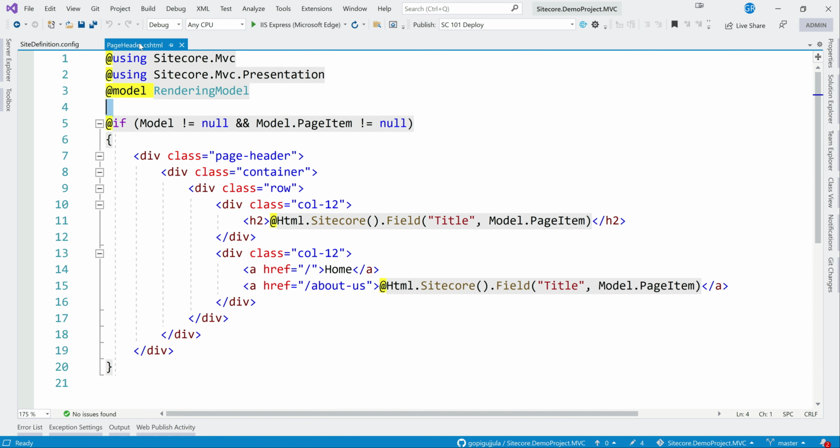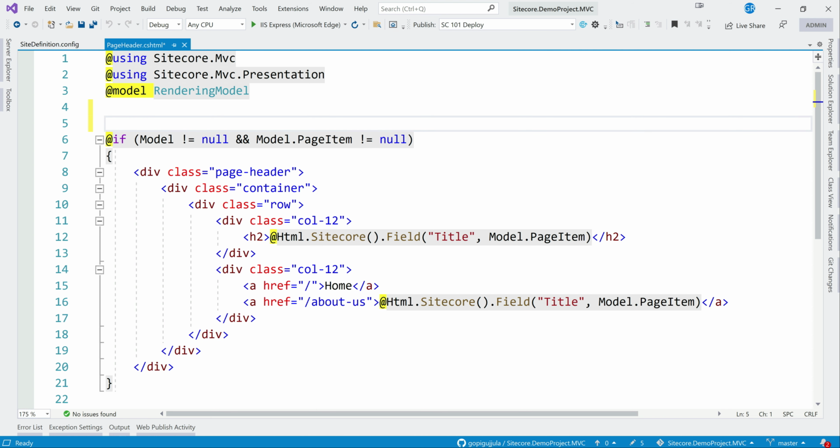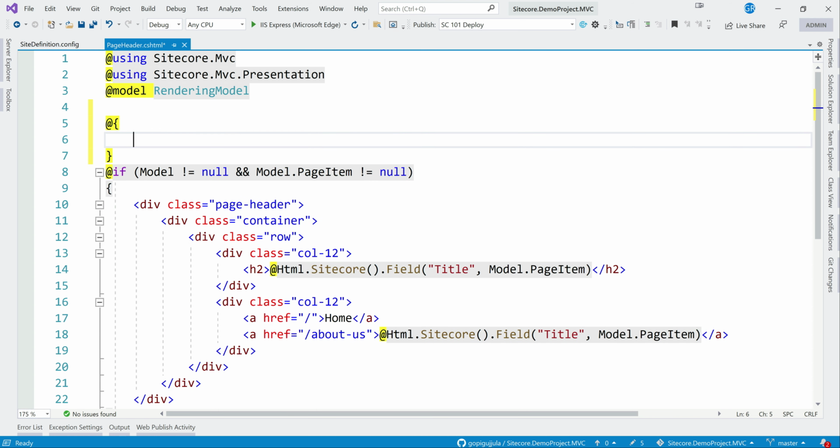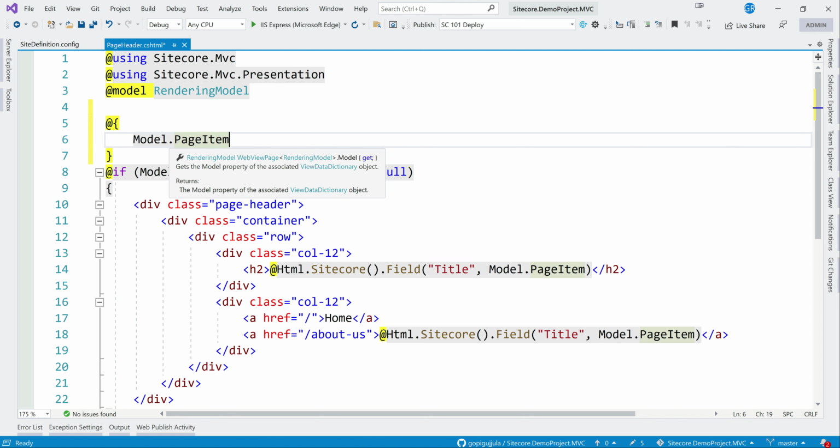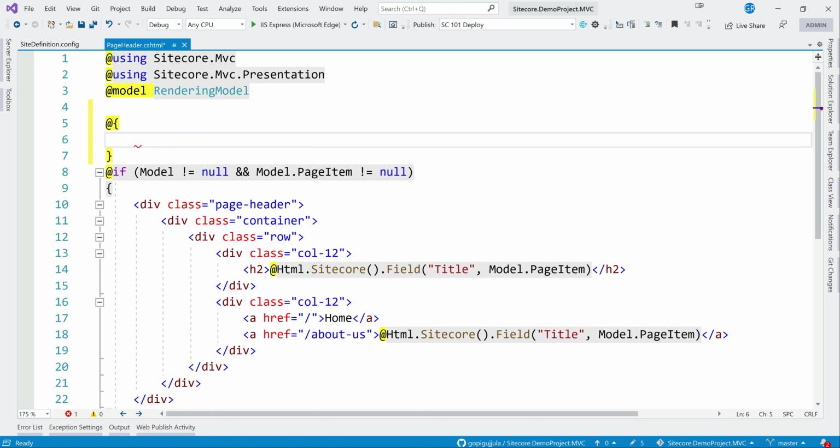For this, let's go to page header. You have a page header here, and notice this is hard coded for us and this about us is hard coded. Rather, we need to get them some other way. In Sitecore, the simplest way to get the URL is, if I go to the model, just let me see, as we get everything as an item, but this item does not have any property to generate the URL automatically. Rather, we use something called link manager.